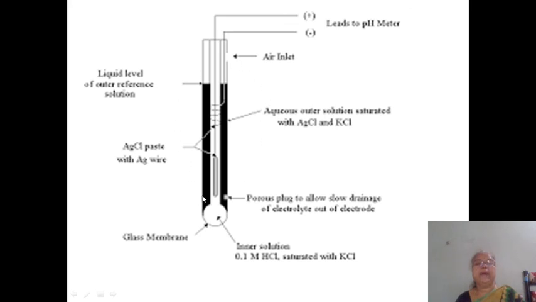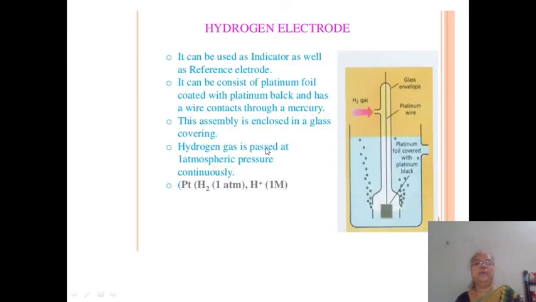Then this is the schematic representation of the glass electrode. We will see it later on. At first we will see the hydrogen electrode. Here in this beaker there is a solution containing H plus ions. This is a hollow glass tube in which a platinum electrode coated with platinum black is sealed, and here is an inlet through which H2 gas at 1 atmospheric pressure is bubbled over